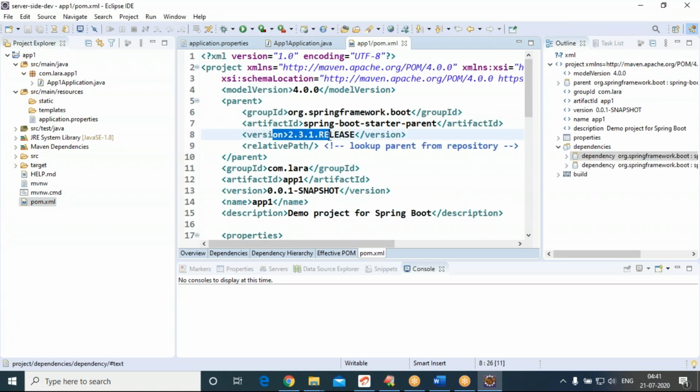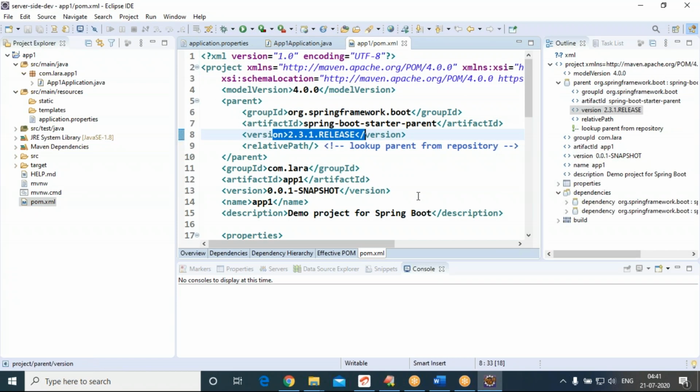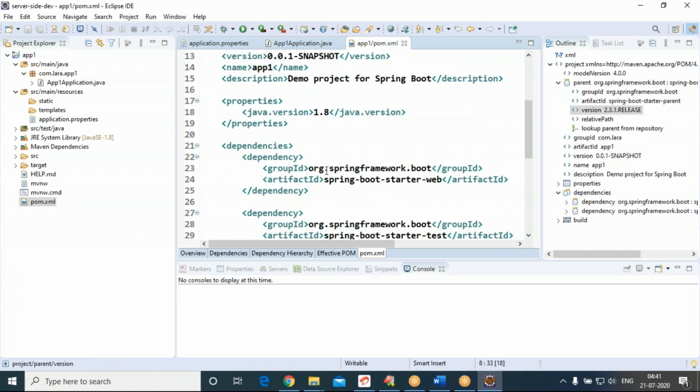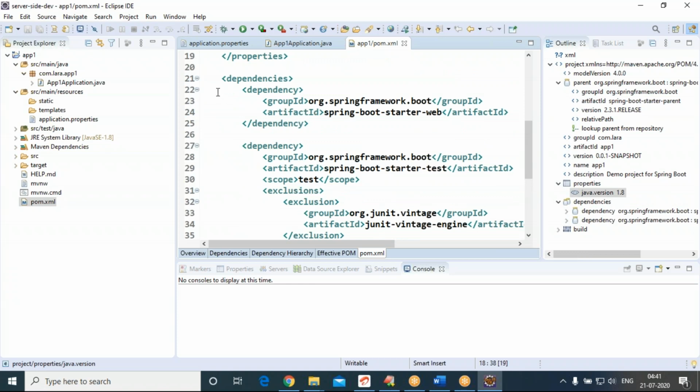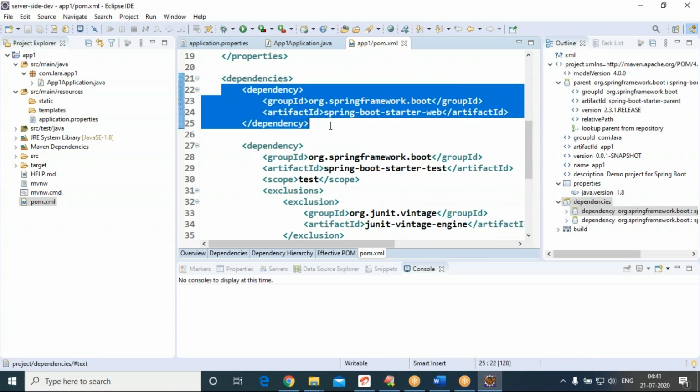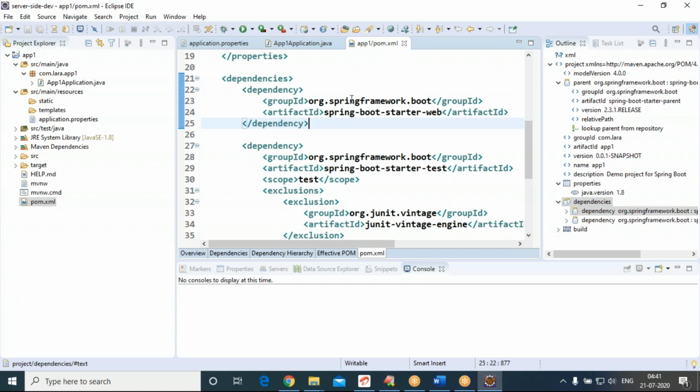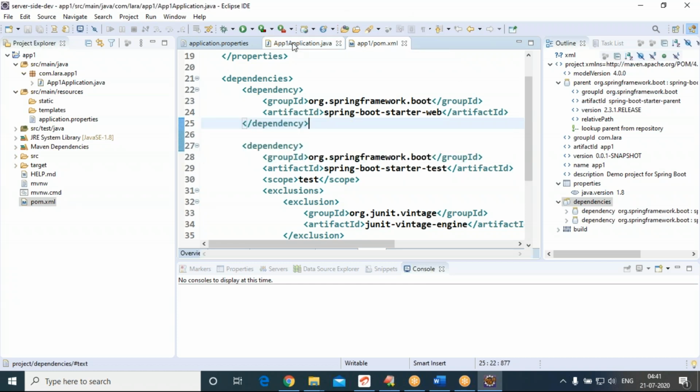This is the Spring Boot version. This is the Java version. This is a dependency, one dependency.